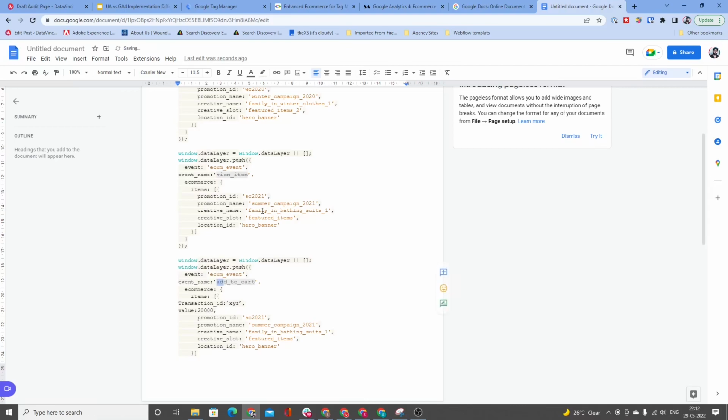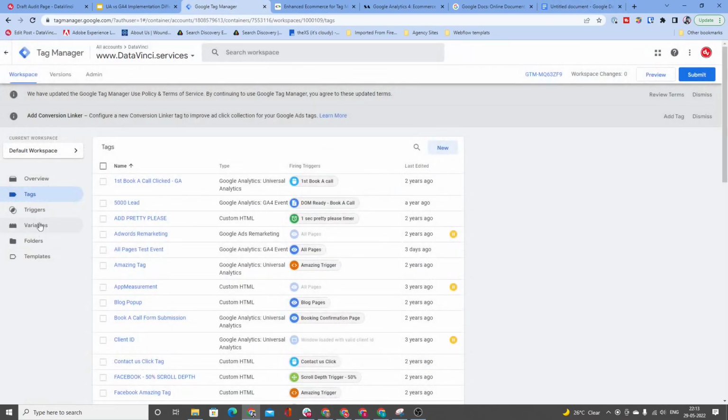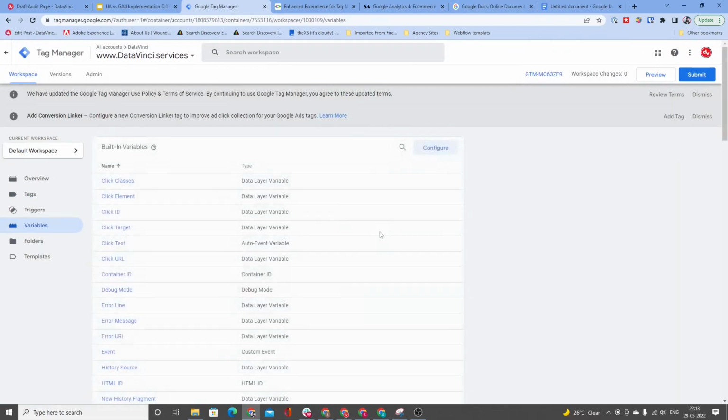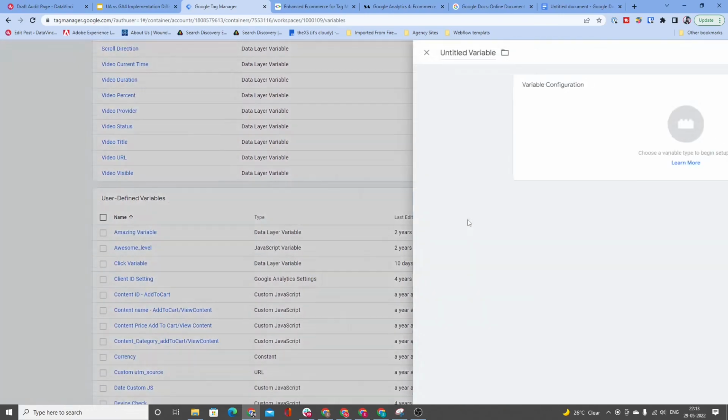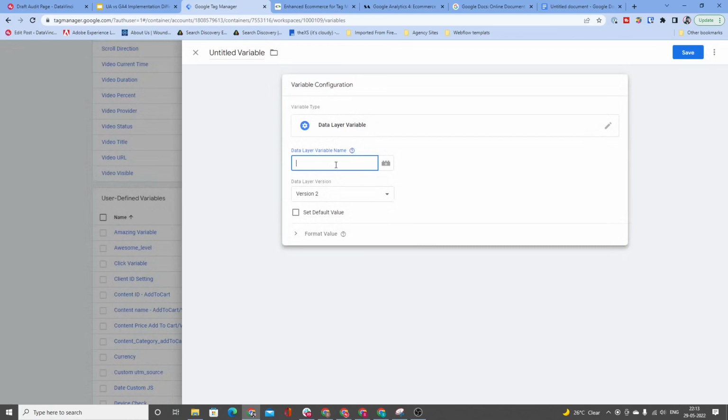And let's assume you want to make it transaction. Okay. So what you can do first is that you can create a variable that records the value of the event underscore name. Okay, so let's go over here, create a data layer variable that records the value event underscore name,